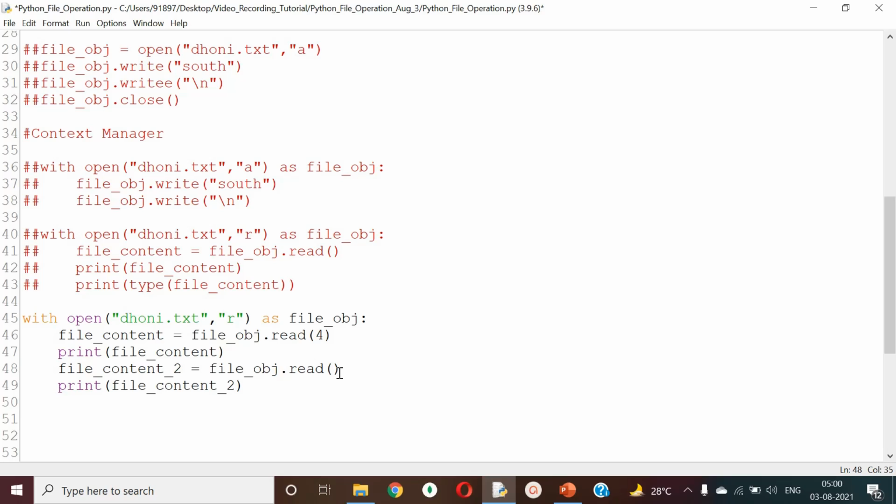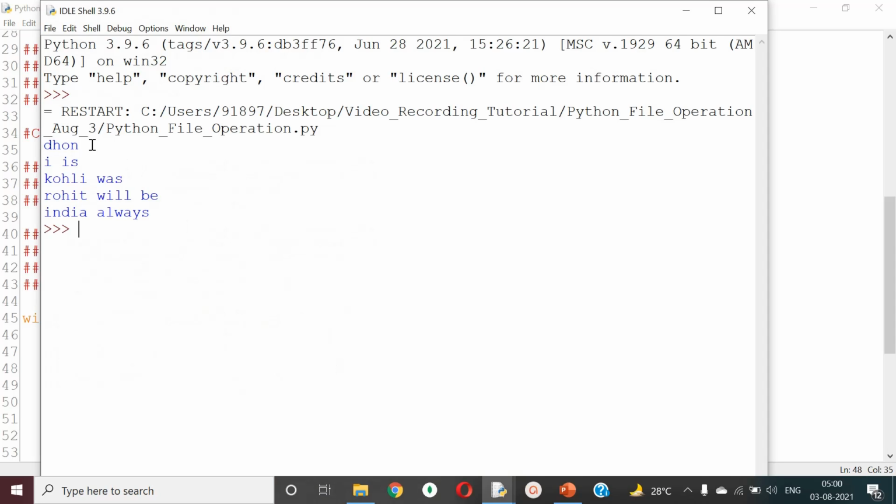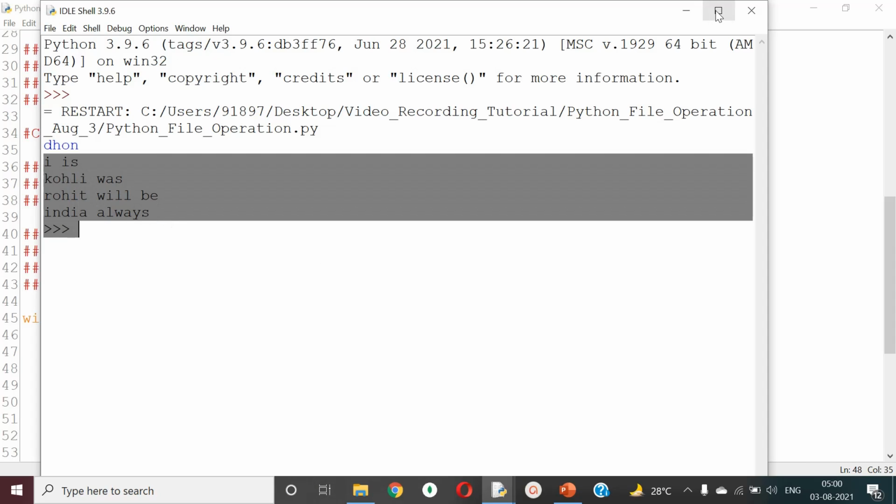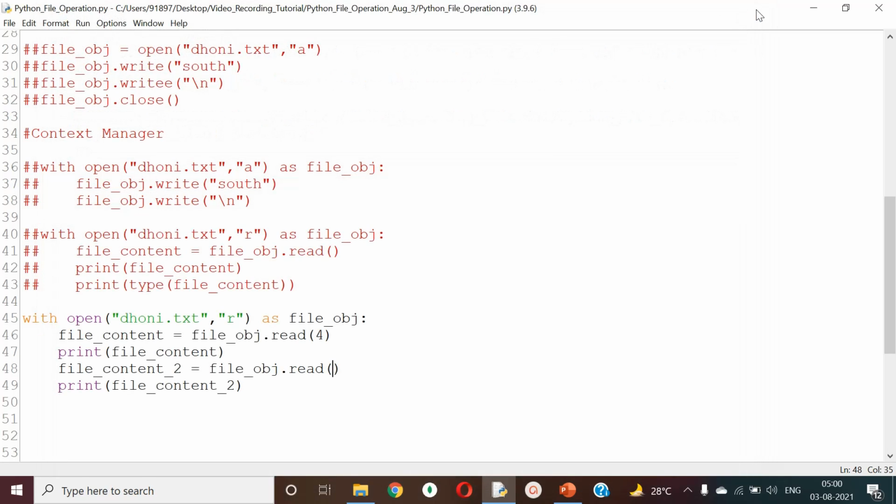So obviously it will read the rest of the characters. Whatever is already read will not get repeated because the cursor stays every time. When you run, there you see, first only 4 characters, and when I do the next read, it reads the rest of the characters. Okay, this is how read works. So you should be very careful.